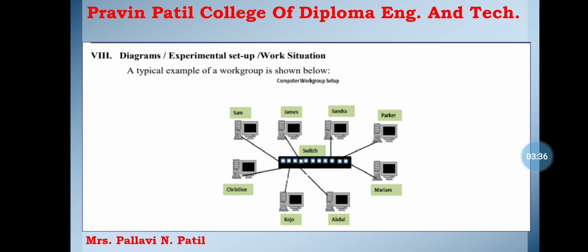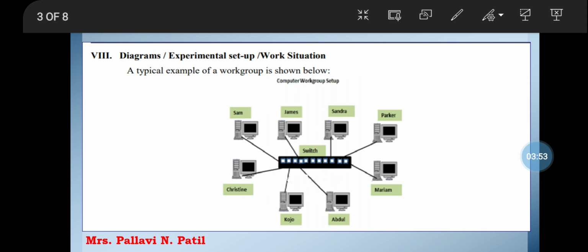So there is no server control or one in charge. The computers are a workgroup. They share resources such as printers and files. You can share printers and files. The workgroup is automatically set up when you set up the network, and they share the same subnet. This is a peer-to-peer network, and this is a workgroup showing a typical example of the workgroup.